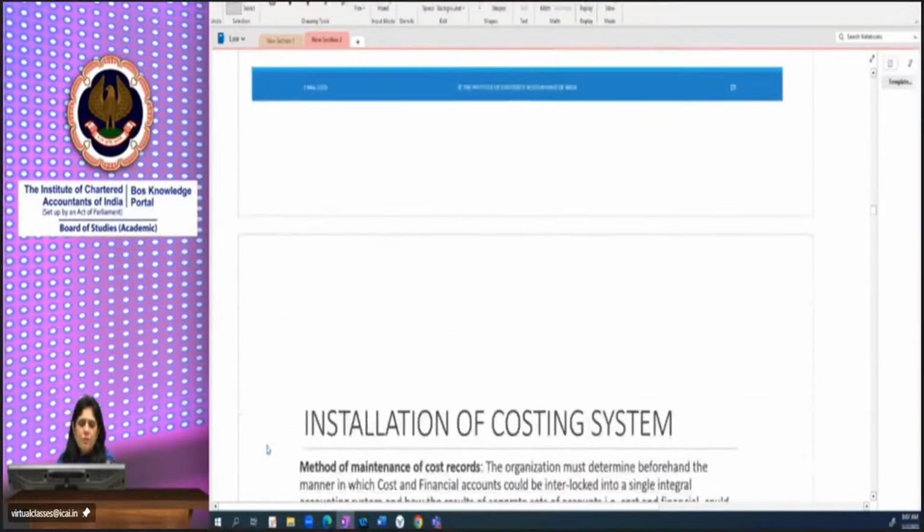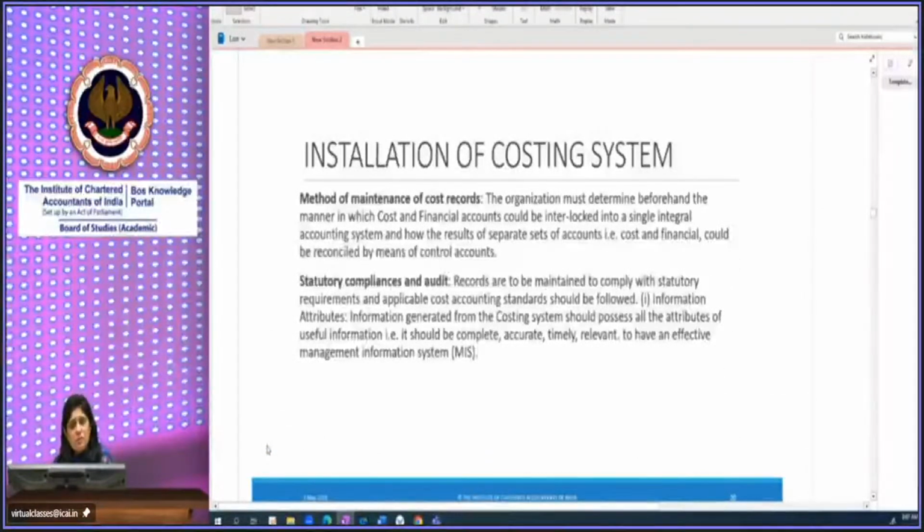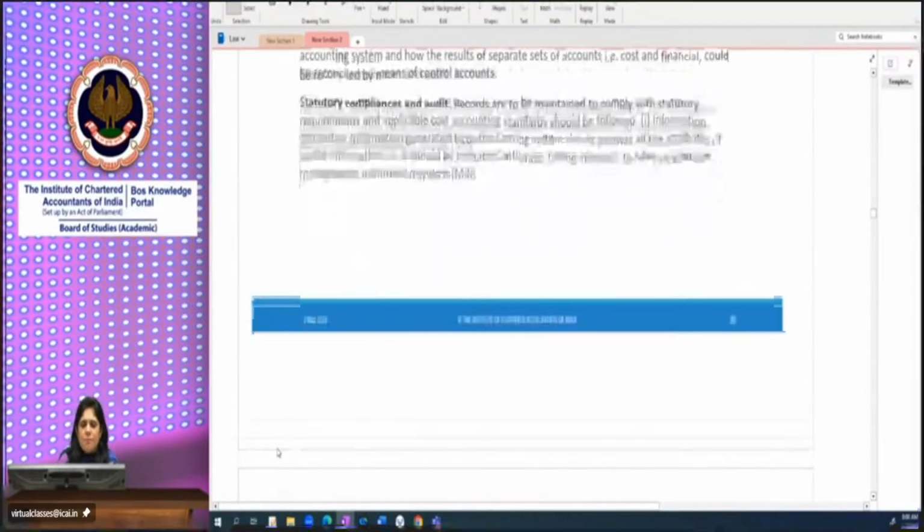All right. Moving further, the method of maintenance of cost records. In what format you require cost records, what type of statements the management would require. So the format of the report, the format of periodical statements, the format of the stores ledger which they keep, what all records the management would require the different departments to keep. Again, all that calls for a particular cost accounting system. Then statutory compliances and the audit. What are the requirements of the statute or the law? Accordingly, your system should be able to generate that type of report. So that calls for a particular cost accounting system. Moving further,